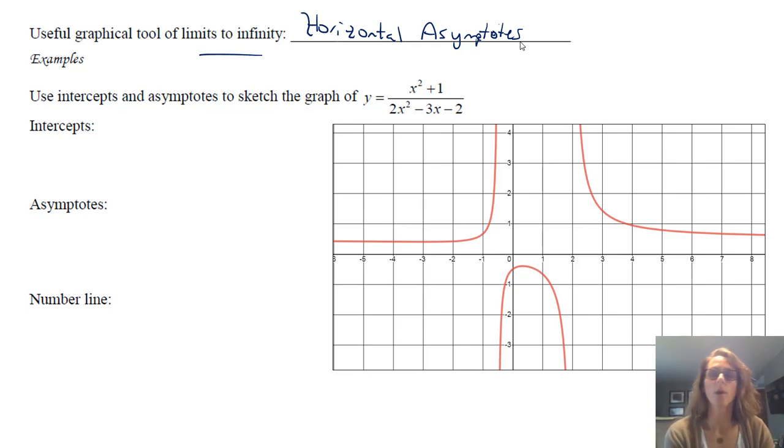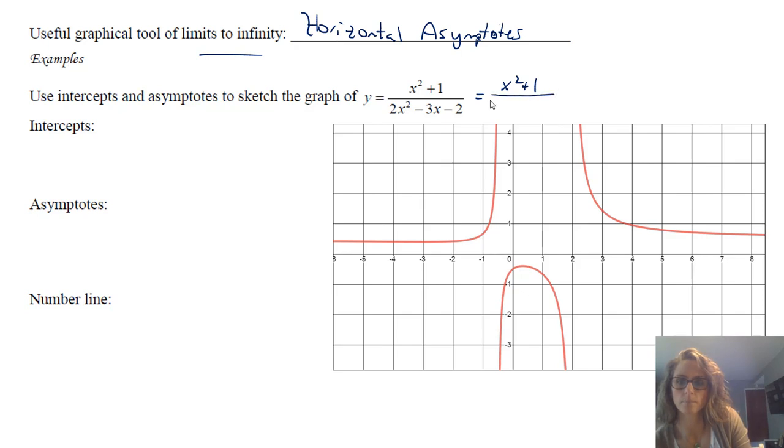Okay. So what I did was I actually already sketched it just due to how I have to record these. But you can see it's a rational function. We knew this already. And we can find different pieces of it. If you want, you could pause and find intercepts. And that would be fine. Notice that the denominator here does factor. You can factor it if you want.